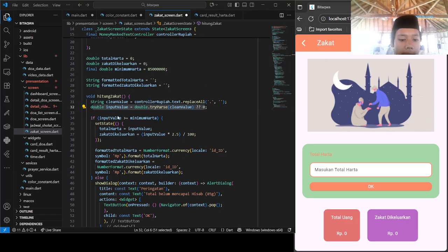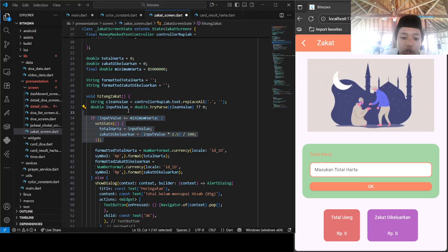Double input value. It's for converting the text again to a double number. If it fails, the result will be zero.